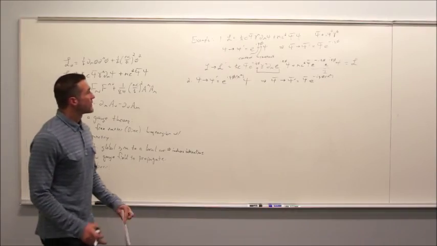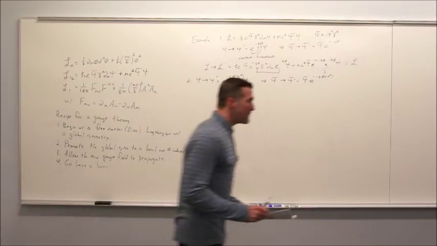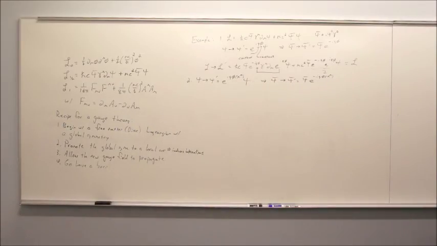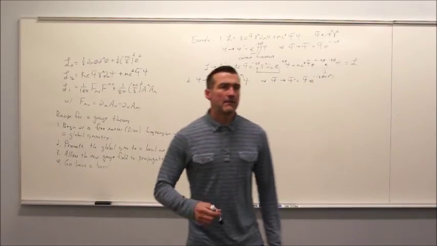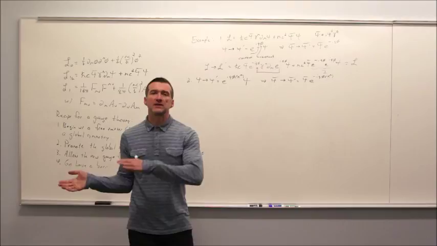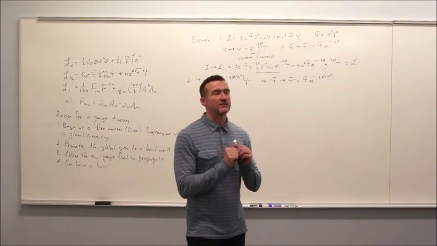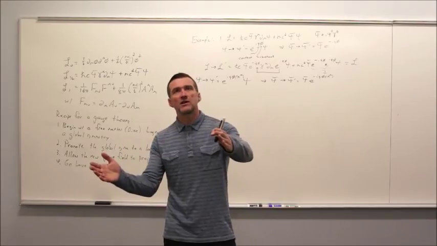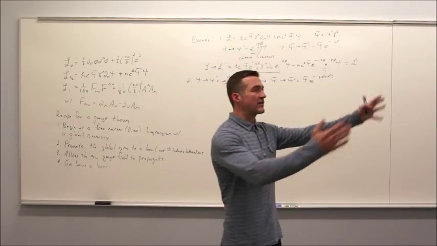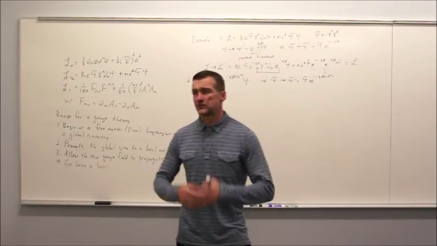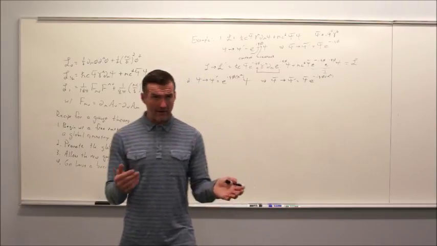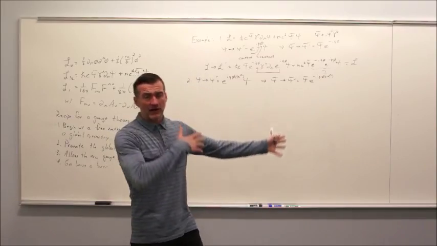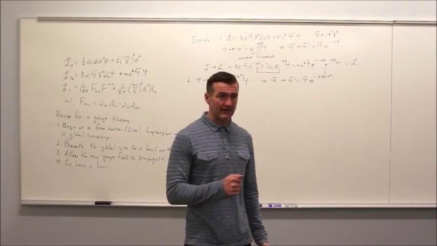Now, if you think about it for a moment, the idea of making a transformation local is weird, right? For example, we talk about rotations. So now I'm talking about space-time transformations. We talk about rotations, and when we talk about rotations, we talk about rotating everything uniformly. So if we're doing a rotation by 2 pi around the x-axis, everything transforms by a rotation by 2 pi around the x-axis.